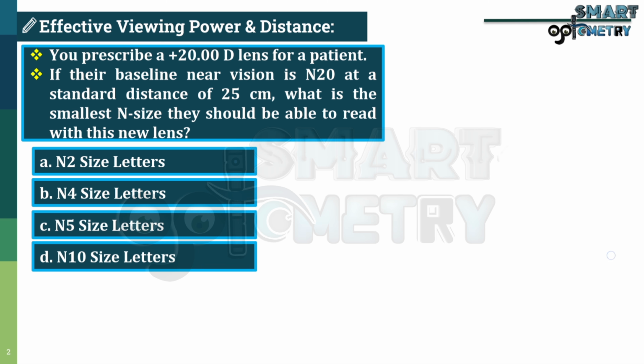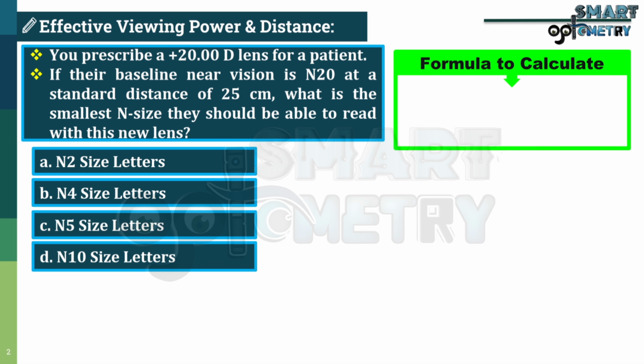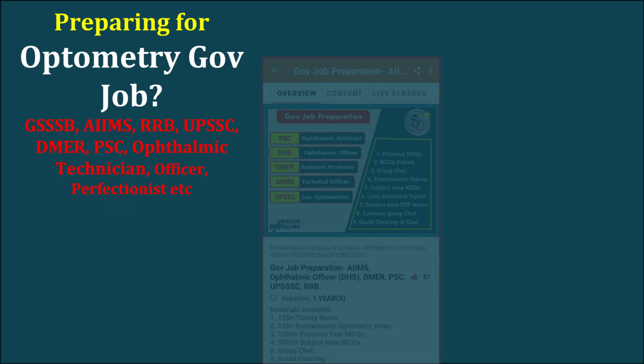To solve this question, we will use the effective viewing power formula, and the formula is